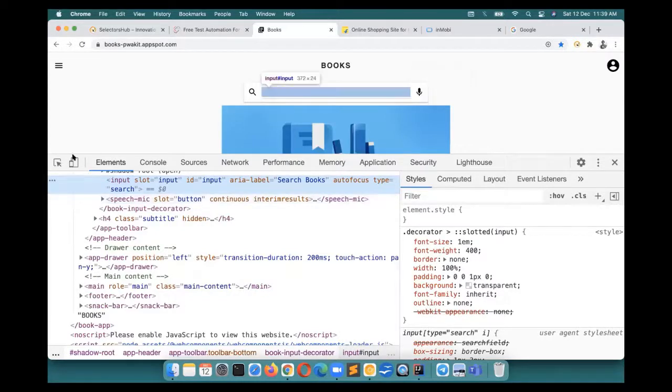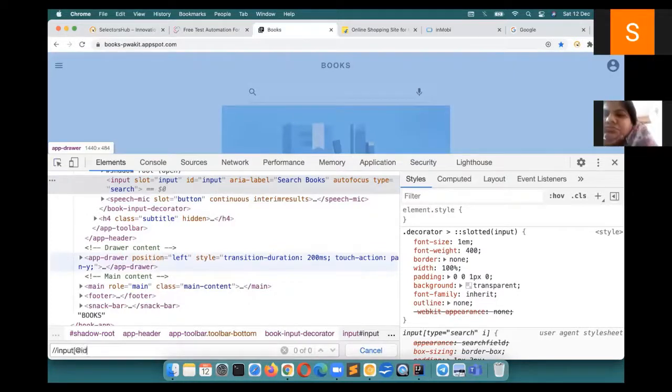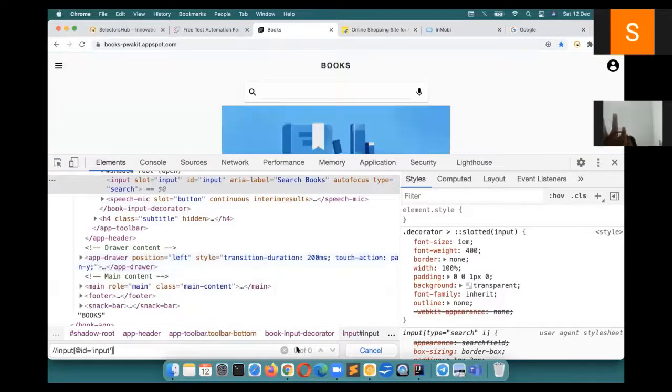So if you inspect this element, immediately after inspecting you will start writing an XPath for this element, right? /input, or an ID is there, so you will write id equal to input. This is the way, I'm sure you all will do that. But you see it is showing 0 of 0. Then you must be scratching your head about why it is showing 0 of 0. If you are a beginner or someone new to web elements, unless you take help from some expert, you won't be able to understand why it is showing 0 of 0.